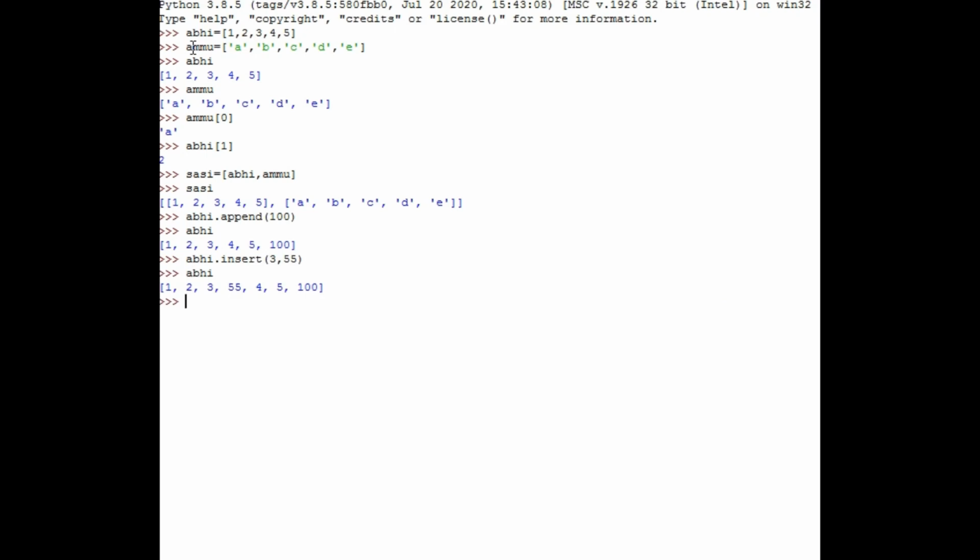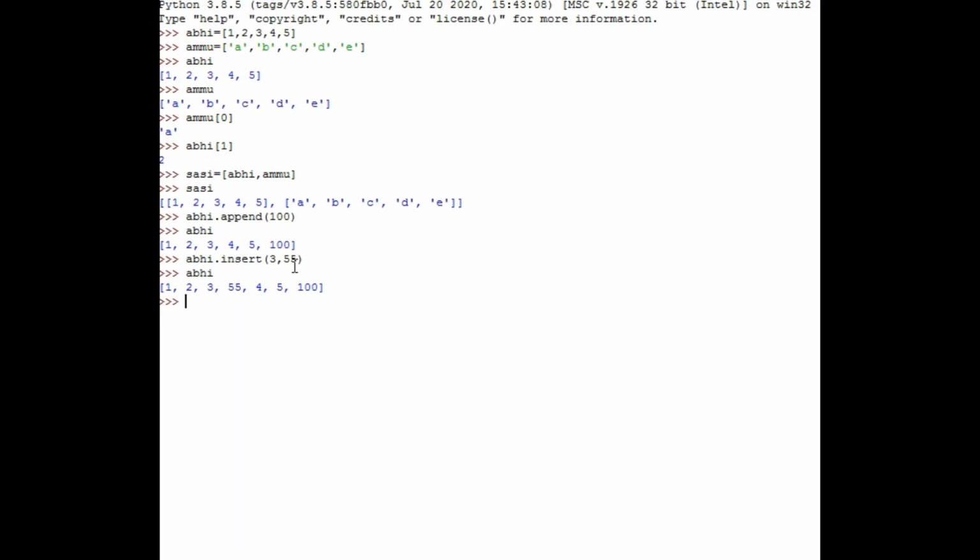Did you find any difference? The value 55 has been inserted at position 3. The positions are 0, 1, 2, and 3, so at 3 we inserted the value 55. That's why we mentioned 3, 55. This is how we perform the insert operation.